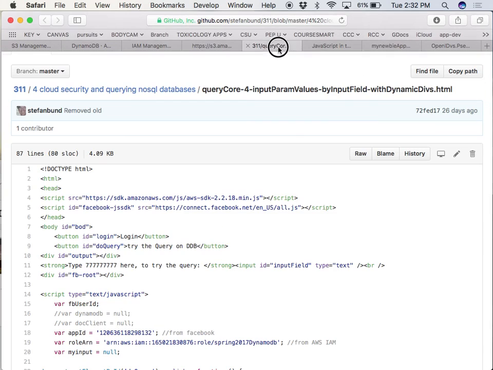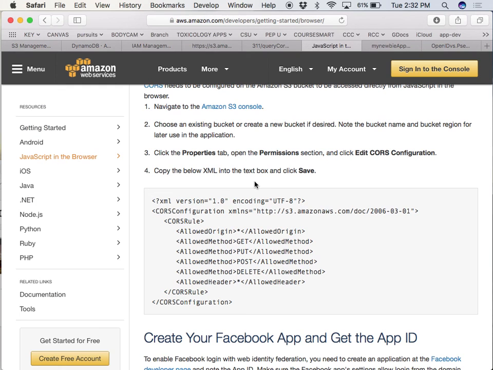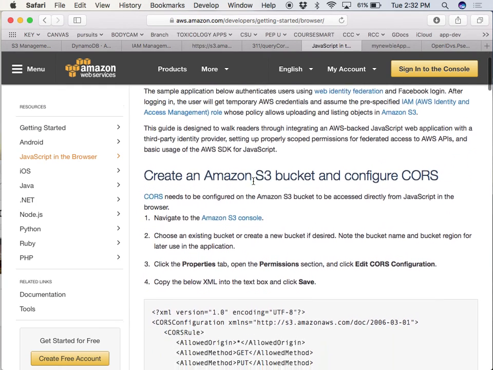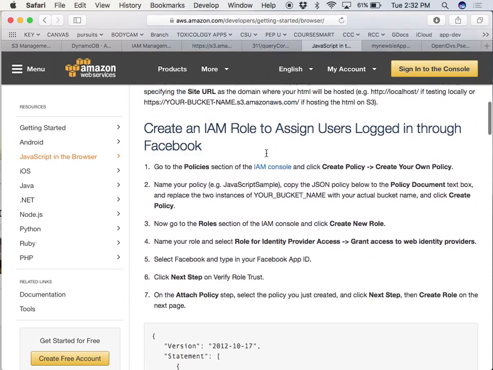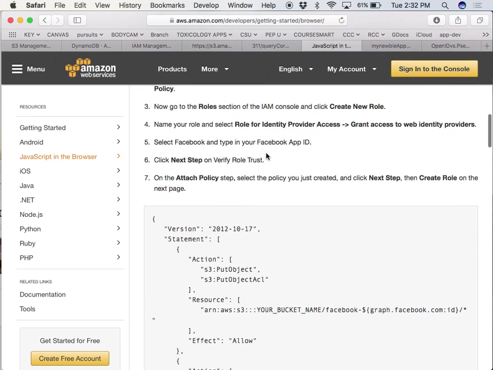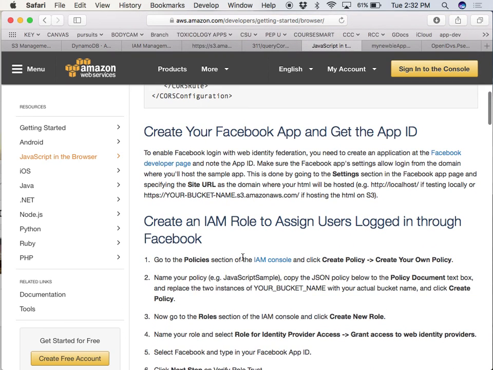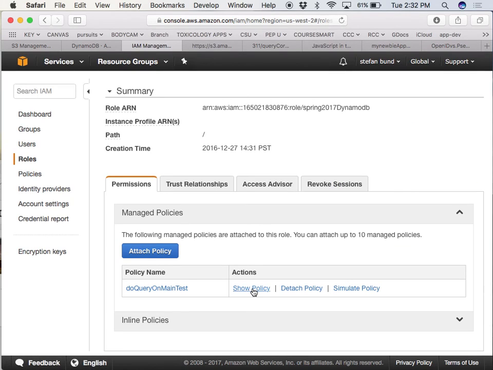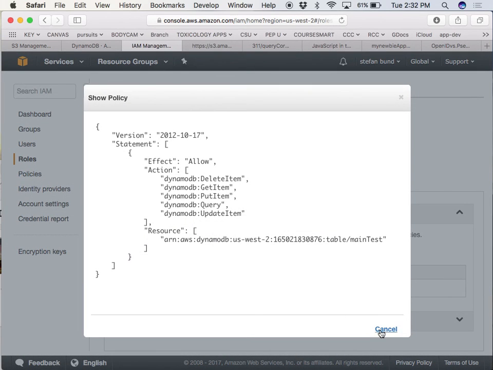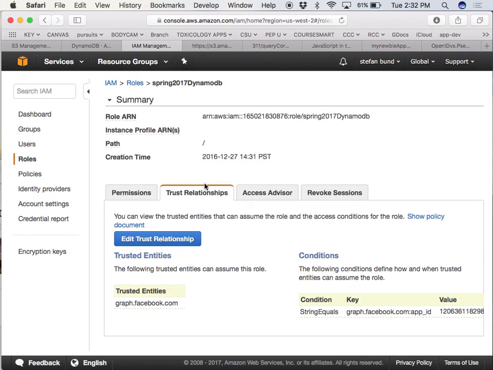So let me get back to this JavaScript tutorial. After you get your Facebook app ID, you're going to use that IAM role. What's cool here is that your trust relationship is going to use Facebook from the get-go, and we'll show you how that works.